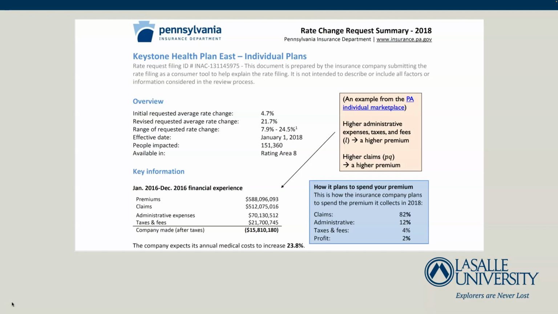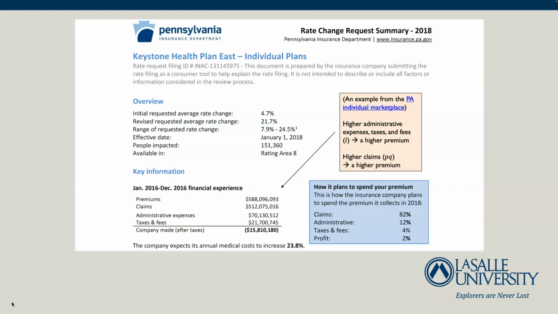As you can see, between January 2016 and December 2016, they brought in about $588 million in premium revenue, had $512 million in claims or healthcare expenses, $70 million in administrative expenses, and then $21 million in taxes and fees. In 2016, the company actually lost about $16 million,